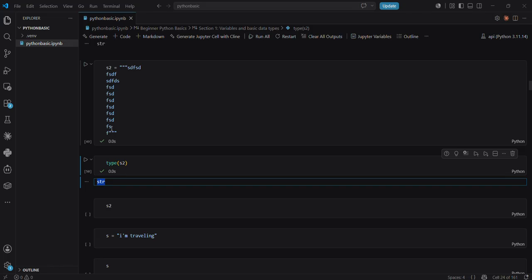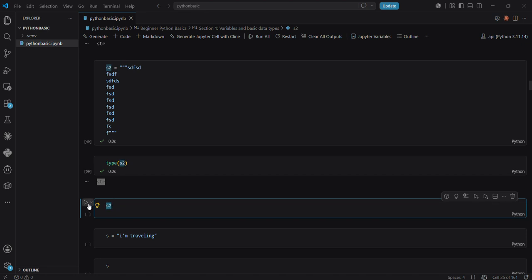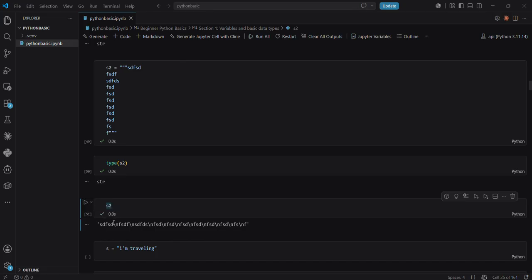When we use triple quotes, we can store more than one row, a huge amount of data. Double quotes and single quotes don't work for that. So this is also a string. Then we will check what S2 stores. That's a string, right? See, slash n. We know that slash n is